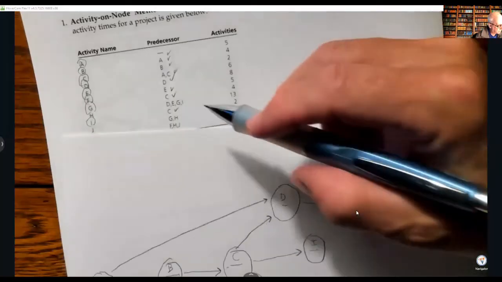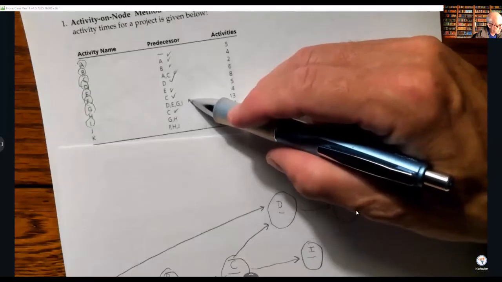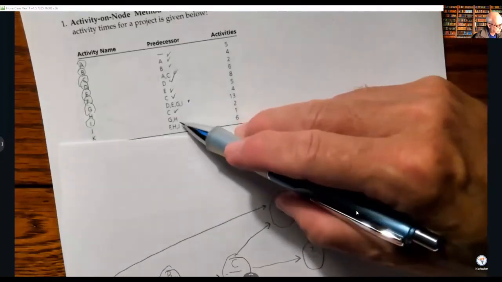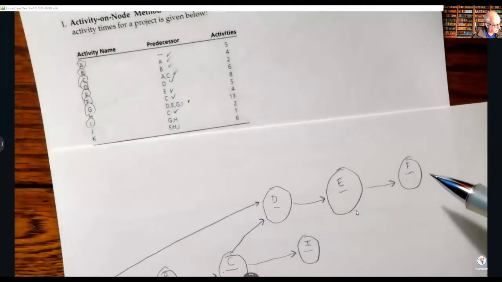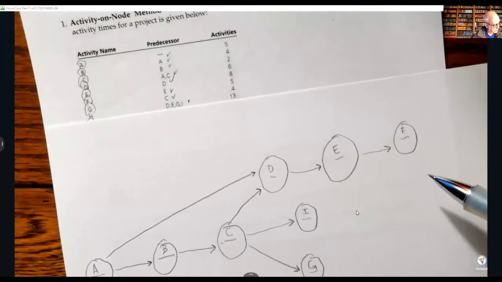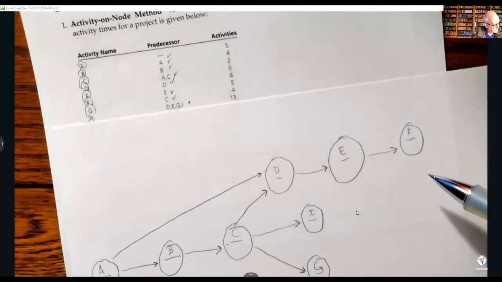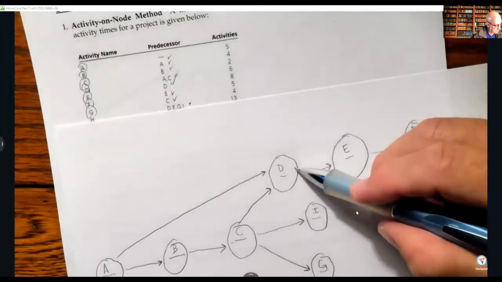I can do, I'm just going to save this one for right now. Let's do J, which comes from G and H. I don't have H, so I can't do that. This one has H in it, so I have to do this one now because I don't know H. So H comes from D,